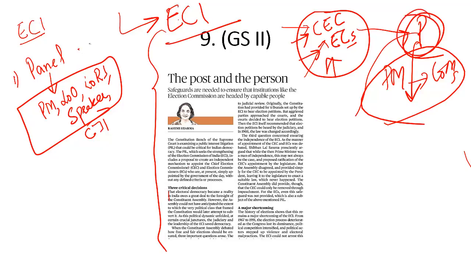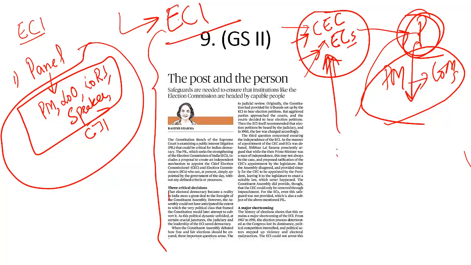So if this committee or this collegium recommends name to the president, then we can see that these individuals who are appointed to Election Commission of India, they have wide support. They are treated with regard, respect by all the political parties, and no one will accuse government of being biased against the Election Commission. And Election Commission will then faithfully discharge its duties without any bias, favor or fear.